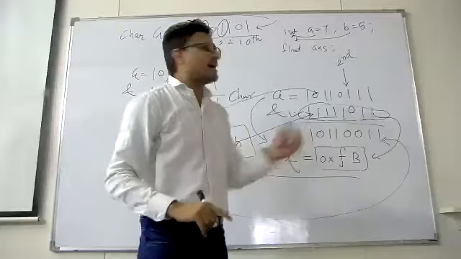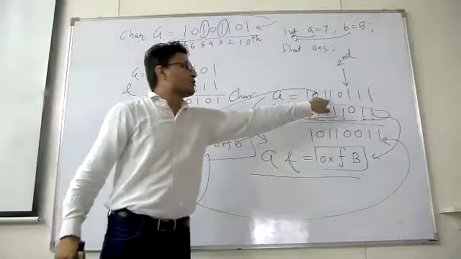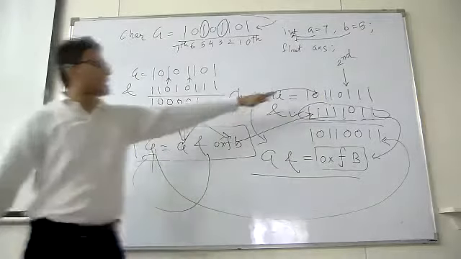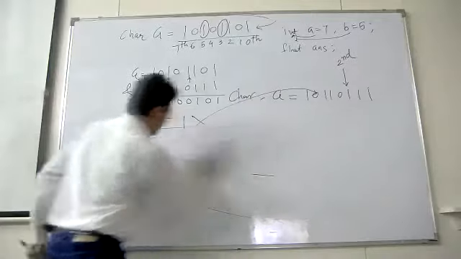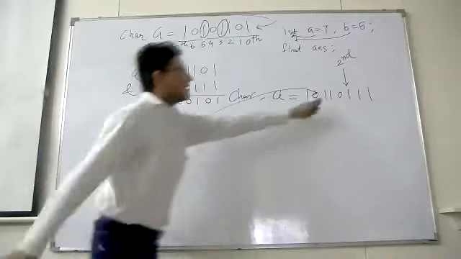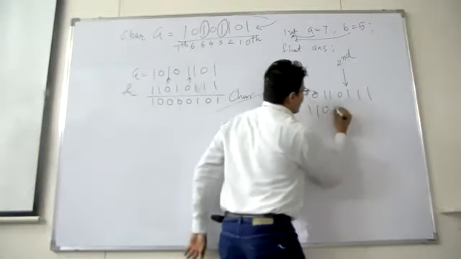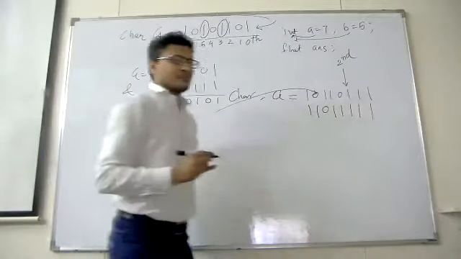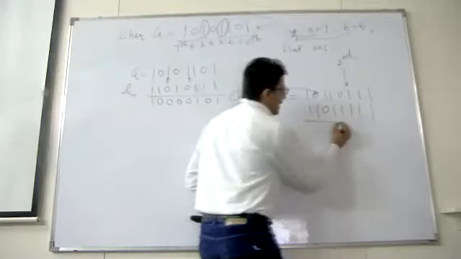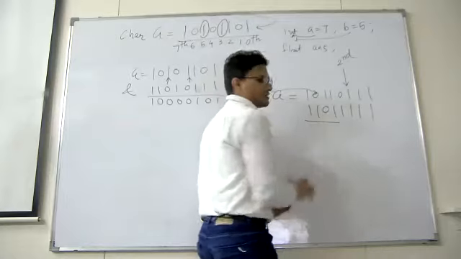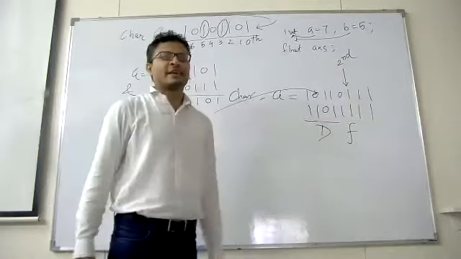Suppose after some time if I tell you to clear the fifth position, then clear the fifth position of it. Suppose my A is this. So what we do is like this: fifth position 0, all the remaining positions 1. Now we have to find out the X value, 8 plus 4 plus 1, 13, which means D. Now again it is a tedious job.